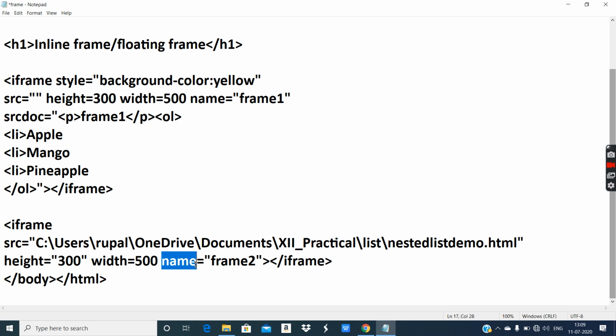Apart from that, the iframe tag also uses the name attribute because a person can provide multiple frames in a single web page. So if the person wants to identify them uniquely, it's good to provide the name attribute. Here, in these two examples, in the first iframe I have provided name frame 1, and in the second iframe I have provided name frame 2.